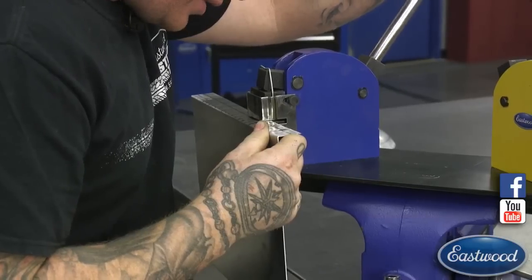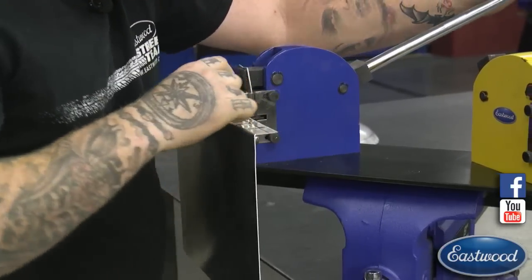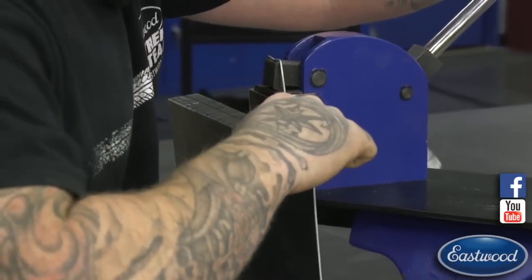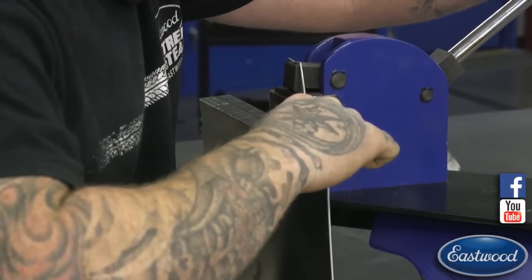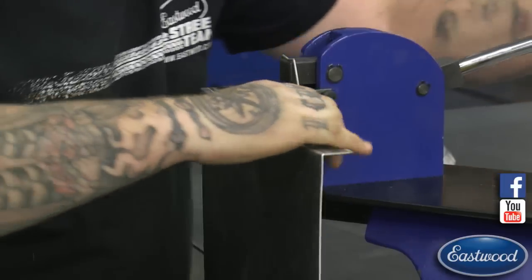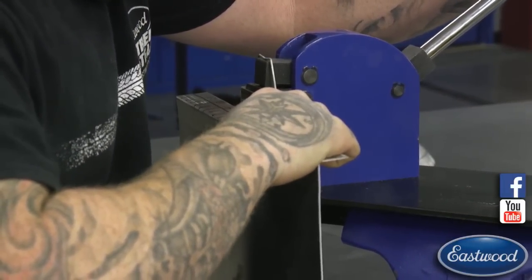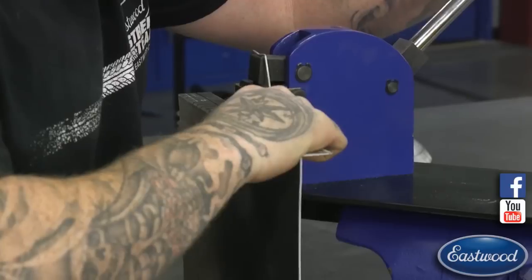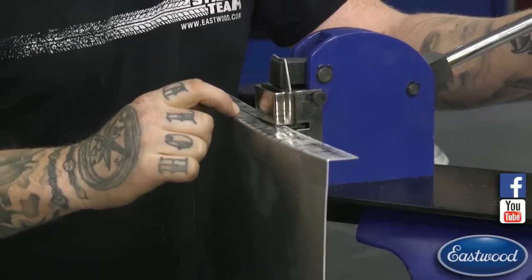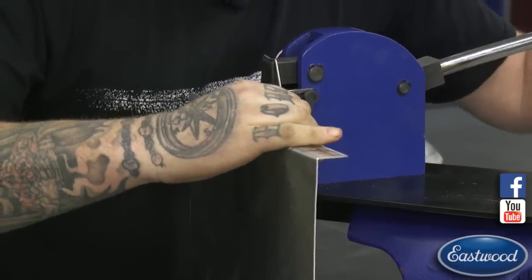So I'm lining up my line in the center of the split in the jaws, pushing down until I feel it move just a little bit. Since it's aluminum, I don't have to push too hard at all. But with steel, you may have to put a little more force into it to get the metal to move. One of the keys is you don't necessarily want to put a full bite in on the first pass and pull as hard as you can. You want to gradually work your way into it,